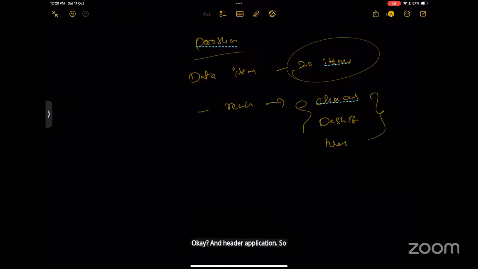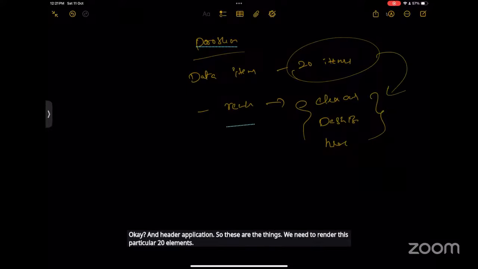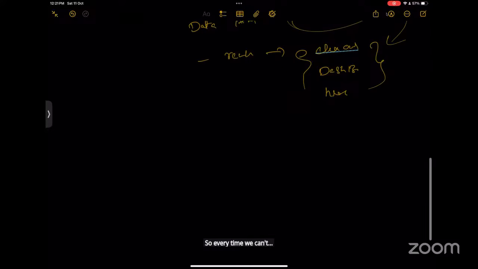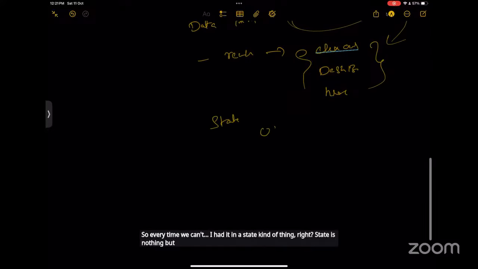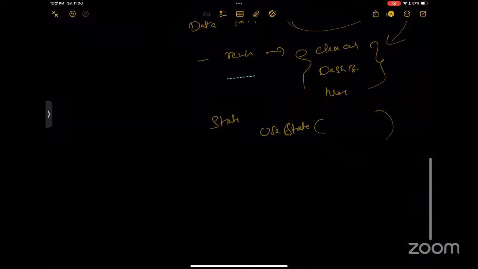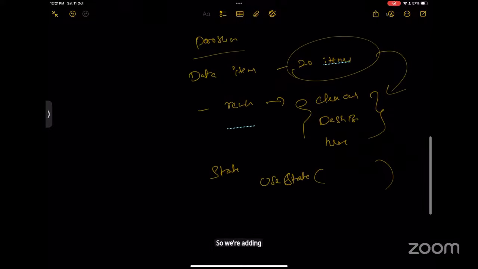So these are the places where we need to render these particular 20 elements. Every time we can't add it in a state kind of thing, right? State is nothing but useState. So we're adding these 20 items here.